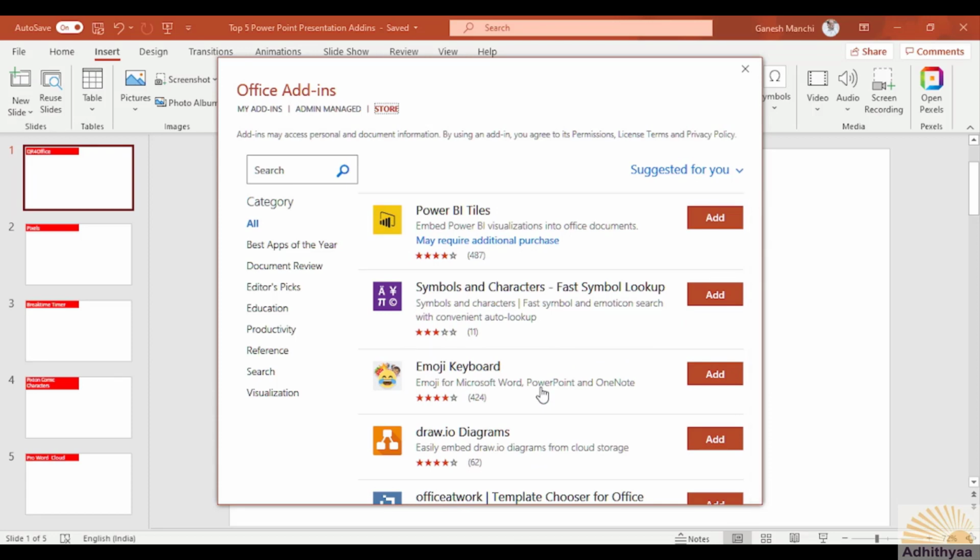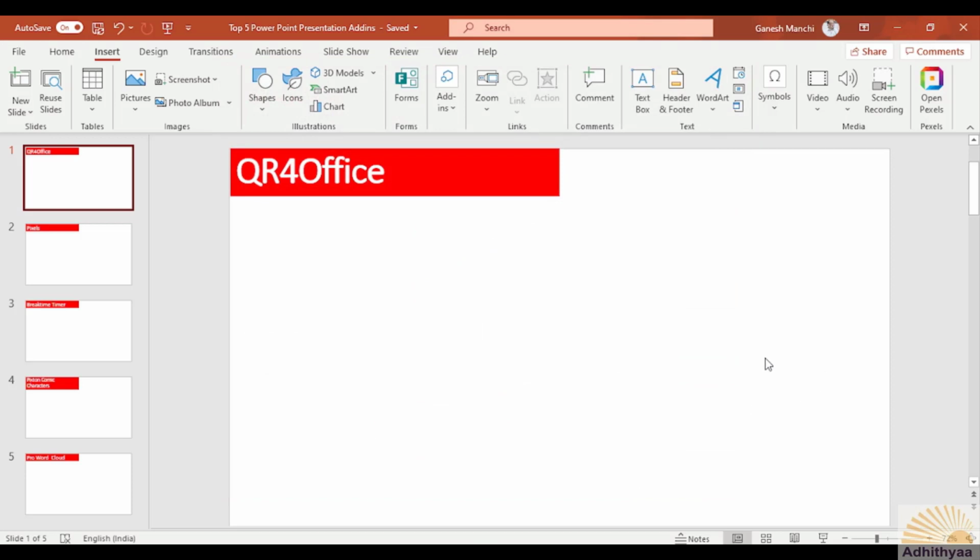So let us see the 5 topmost or important add-ins which I feel are required for any of us who are preparing a PowerPoint presentation. Let's take the first one, which is called QR for Office.